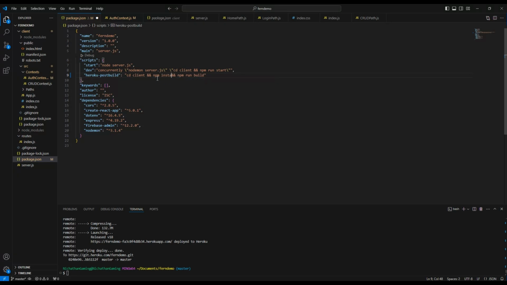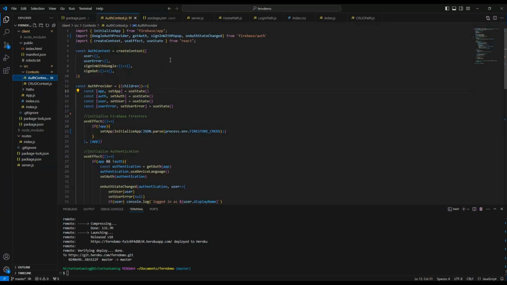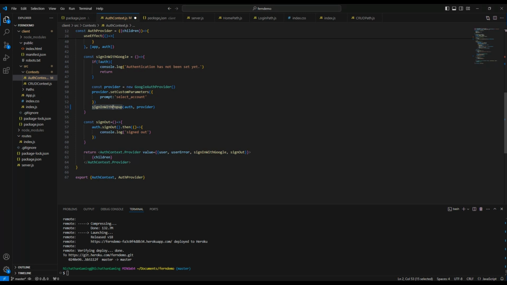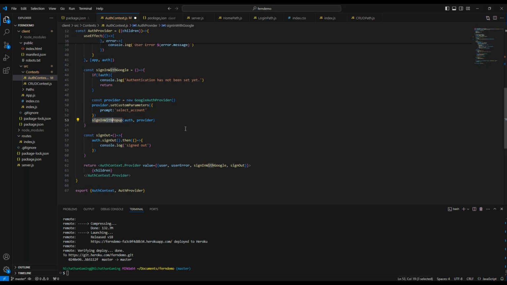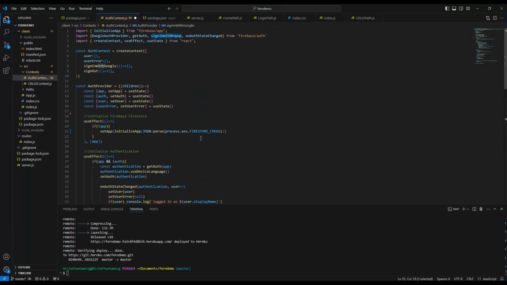Let's make sure we save that. Let's go over to our auth context where I actually have a spelling error in signInWithPopup. That needs to be a lowercase i. We even need to go down here and make sure it's signInWithPopup with a lowercase i as well. And I made the mistake where in your React app, all of your credentials must start with